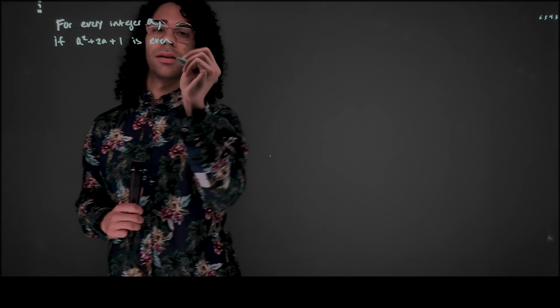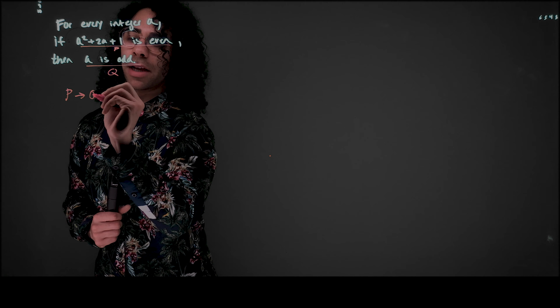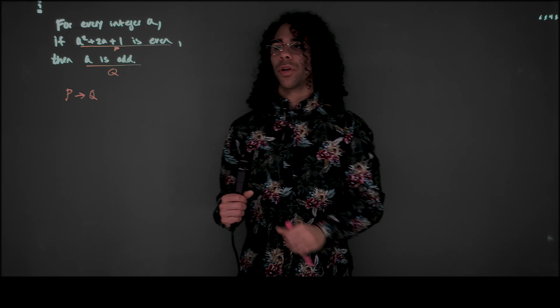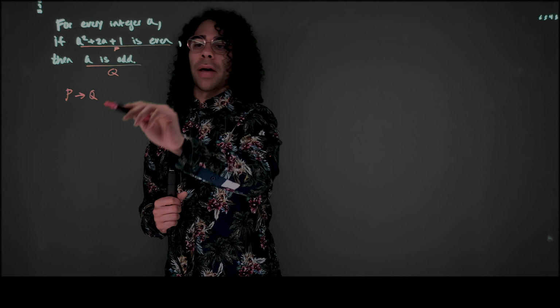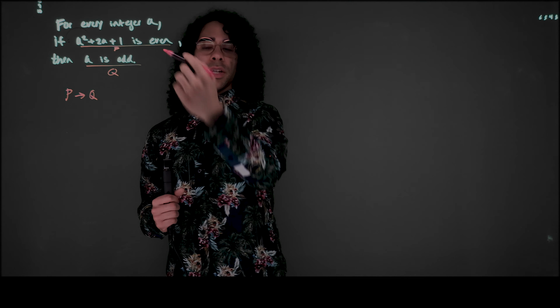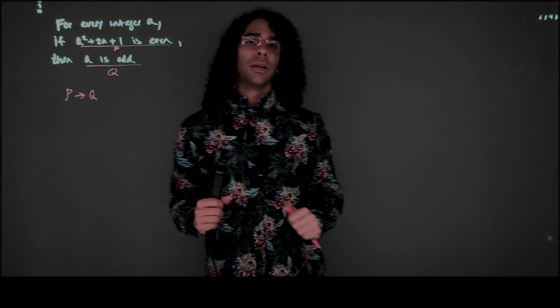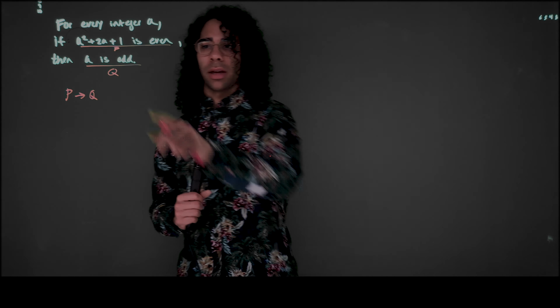This statement is actually a conditional statement of the form if P, then Q. And this can be logically expressed as P implies Q, where P is called the hypothesis and Q is called the conclusion. You'll notice that this hypothesis is more complicated than the conclusion, especially when it comes to mathematically expressing it. So today we're going to prove the contrapositive, which is logically equivalent to this implication P implies Q, but